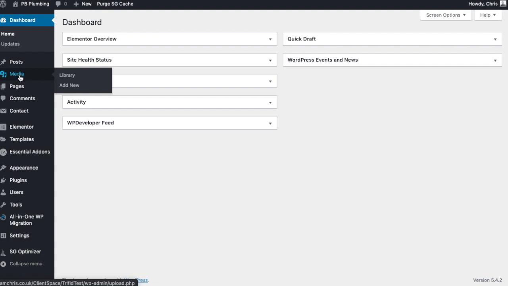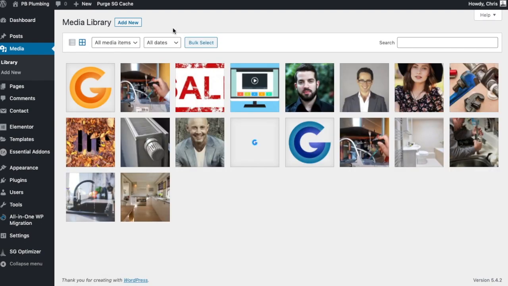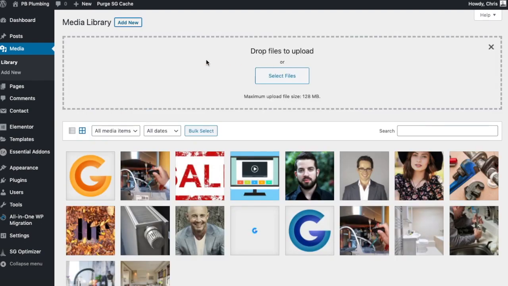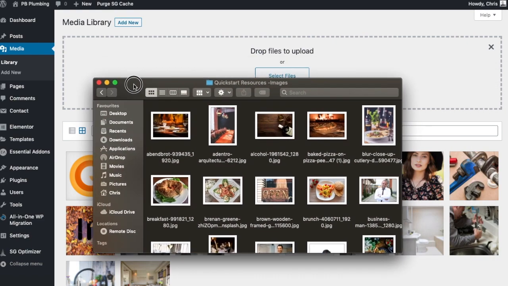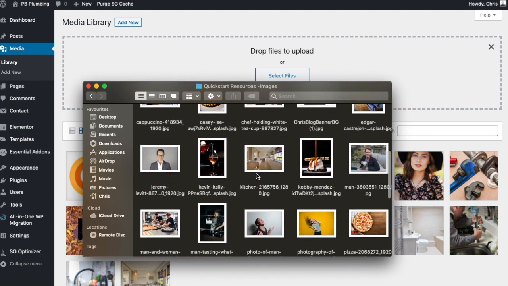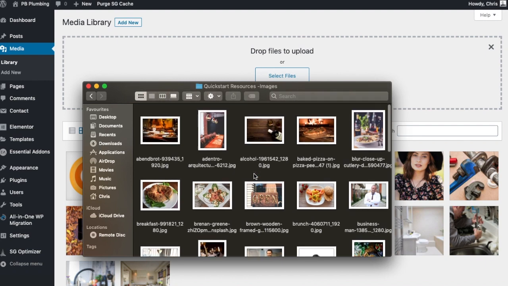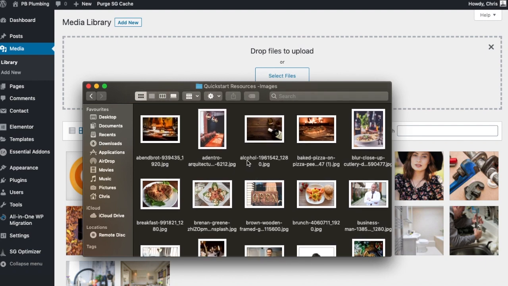But if you would like to upload a bulk of images that you know you're going to use on your website, at your dashboard, go to Media and Library, where you'll see everything that you have already, and then you'll click Add New. Now you can just drop the files into here. So for example, I've got a bunch of files here which I've taken mainly from Pixabay or Pexels, which is where I would recommend you get your images,